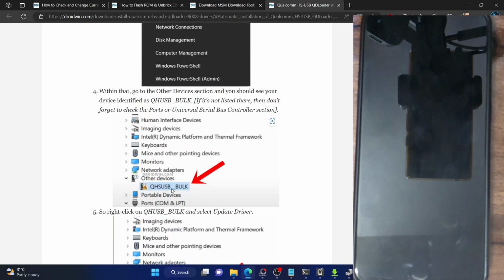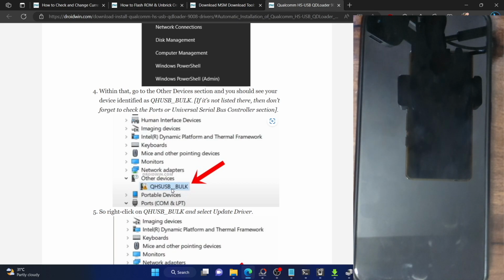The first issue is that the drivers have not been installed successfully. So please reinstall the drivers after booting your phone to EDL mode. Connect your phone to the PC. What you have to do is press and hold the volume up and volume down keys. While holding both the keys, connect the other end of the USB cable to your phone, and your phone will boot to the EDL mode.